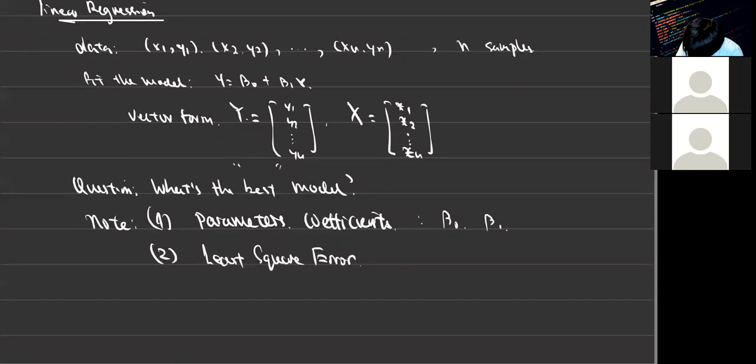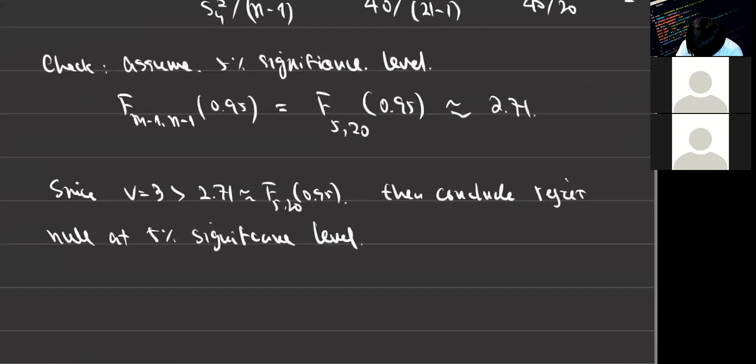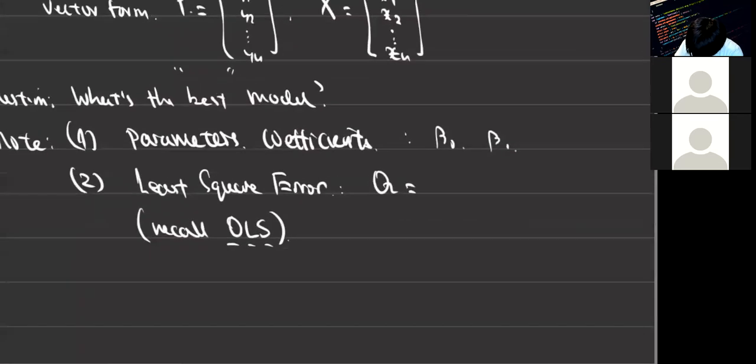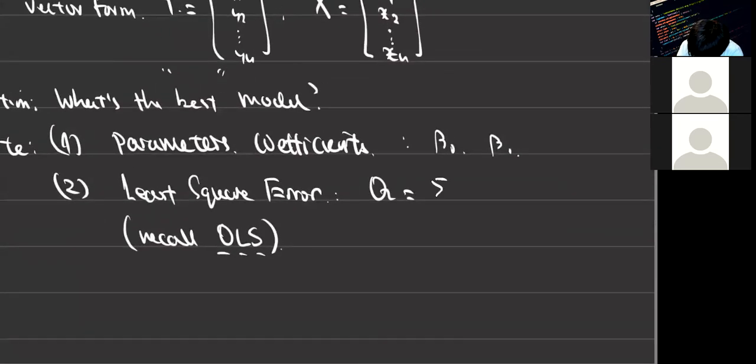This is actually related to ordinary least square. So recall OLS. OLS essentially refers to ordinary least square, and that's where the terminology is coming from. Okay, so least square function. Let's just use a textbook notation. It's called Q, and this Q is defined as the summation i from 1 to n, parentheses yi minus beta 0 minus beta